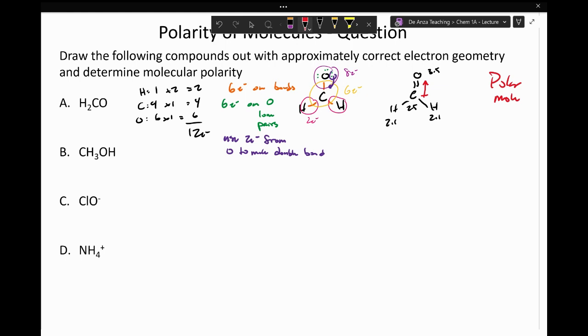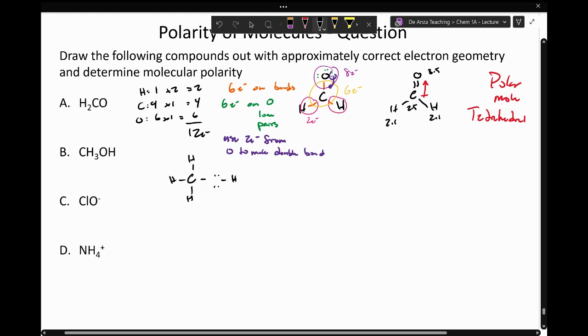Okay, we can come to CH3OH, which, like I said, I'm just going to draw it now. That molecule looks like this, CHHHOH, with oxygen having 2 lone pairs on it. And so if we just draw this one up in this kind of linear form, it would suggest to us